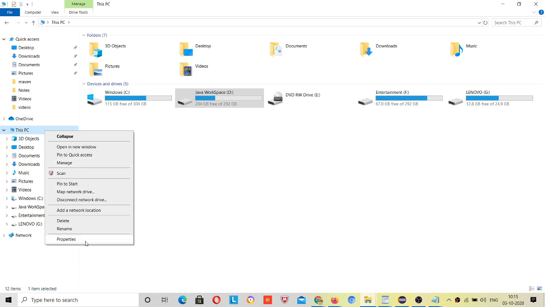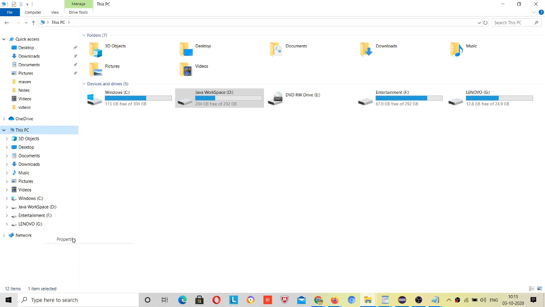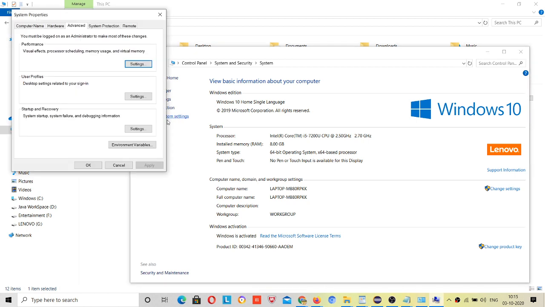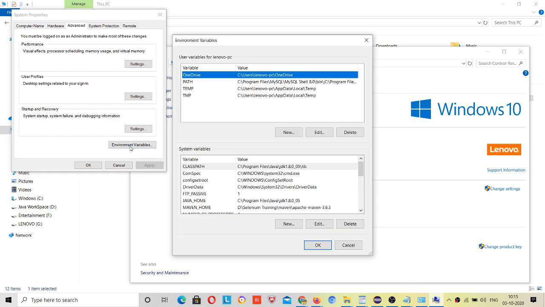So after that, right click on This PC. I am using Windows 10, and click on Properties. If you are using Windows 7 or 8 or something, then right click on My Computer, okay. After that this pop-up will open, so click on Advanced system settings, then click on Environment Variables, okay.